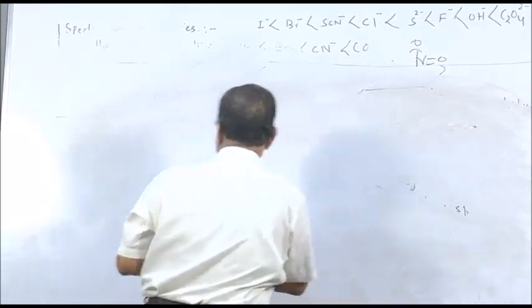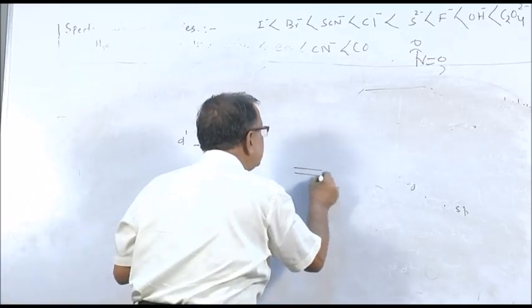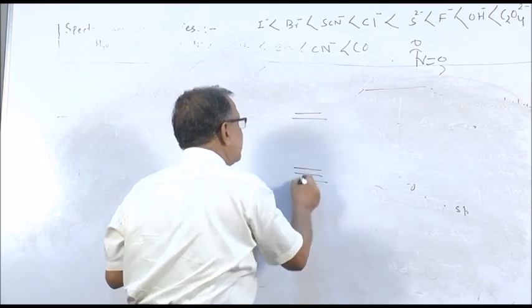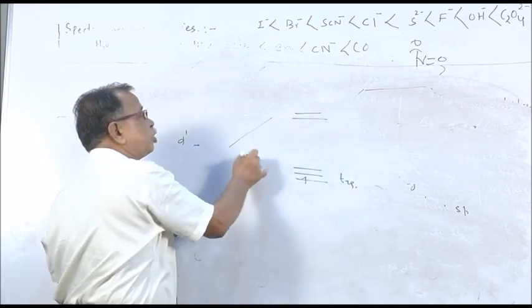Suppose d1 is there. In the d1 case, with 3 and 2 orbitals, the electron first goes to t2g, like this. So this is all about